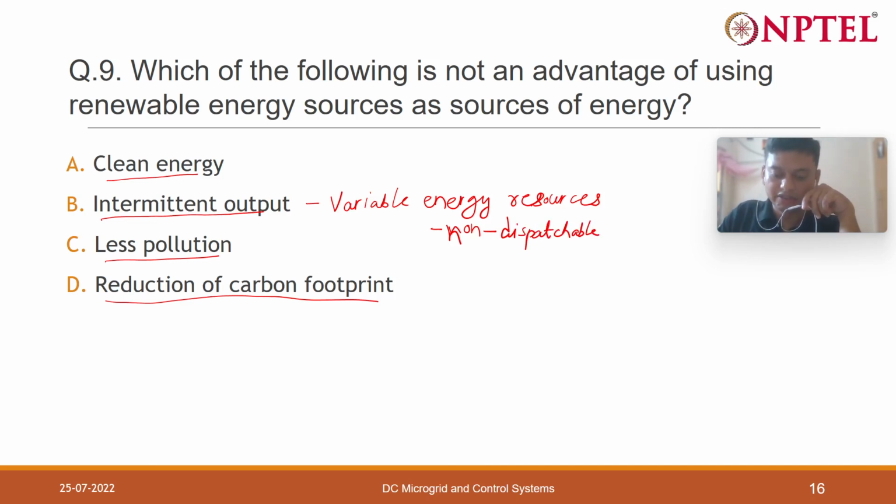We call it a non-dispatchable source of energy, like wind power and solar power. What do you mean by non-dispatchable source of energy? The non-dispatchable sources are those that the companies providing electricity cannot control. Means they don't have control on their production. Like you cannot have control over solar power and wind power, and companies also don't, because it depends on nature. For solar power it depends on the radiation and temperature. For wind power it depends on the velocity of wind. So these are non-dispatchable sources of energy, renewable resources.